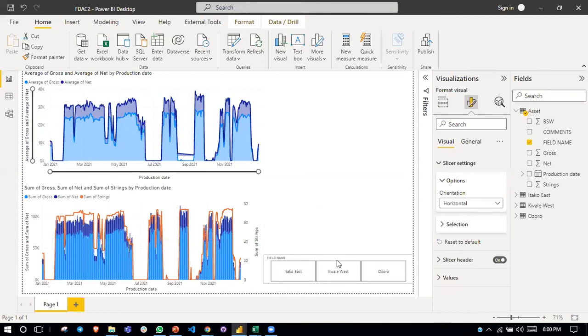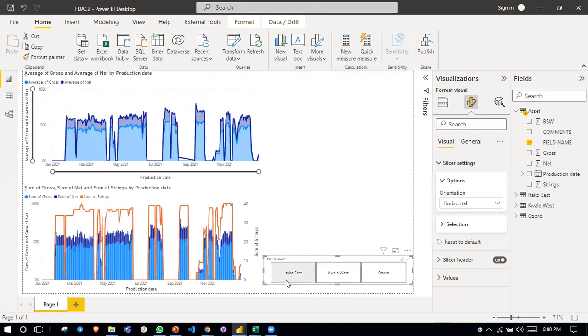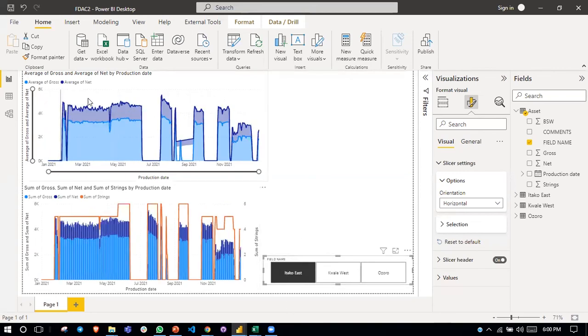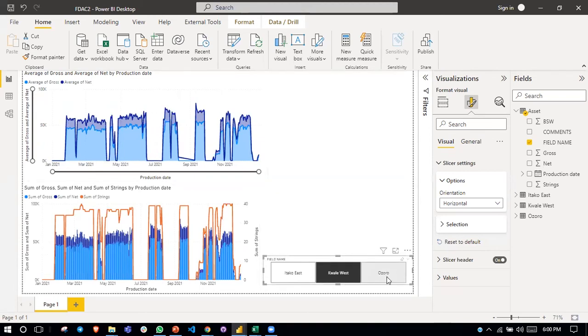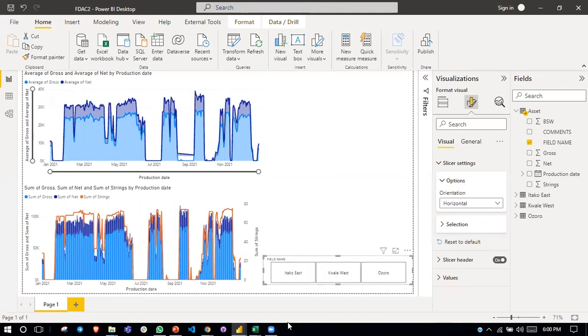And so what this will do is that it's going to give me the capacity to view each field individually. So if I want to view Itako East alone, this is what it's going to look like. And if I want to view Kwali West, this is what it's going to look like. And if I want to view Ozuru. Now, what if I want to view all at the same time? You can just see,